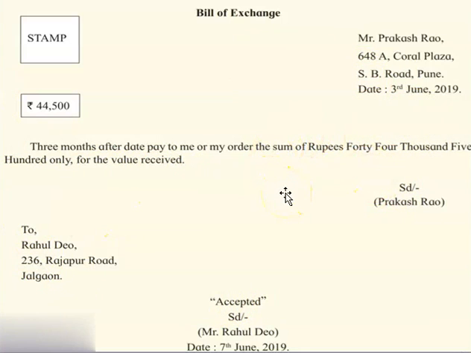So hope students, we have started with the new topic, that is bill of exchange. Today we did the meaning and types of acceptance, the names of the parties, and I had shown you one specimen also, and we solved one illustration based on this specimen, that is bill of exchange. In the next class we are going to start with journal entries, and before that we will do a few more sums of specimen of bill of exchange. Thank you students. Thank you very much.